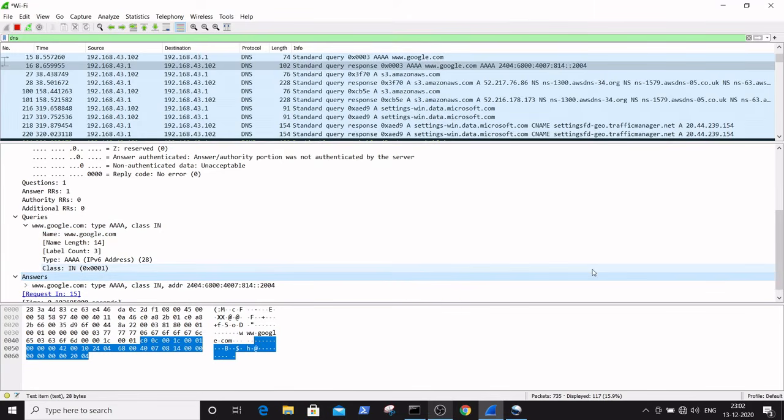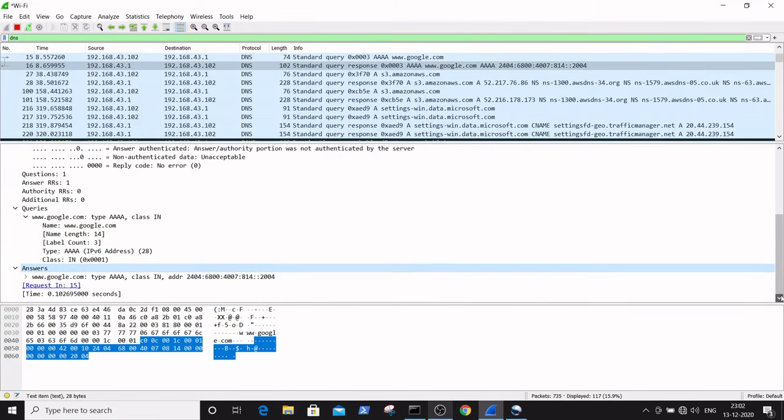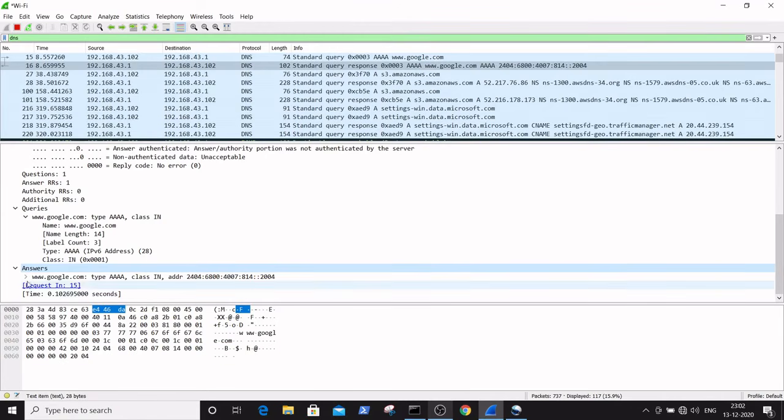And in answers, www.google.com, the type is AAAA and class IN. The address here is the IP address for the corresponding website.